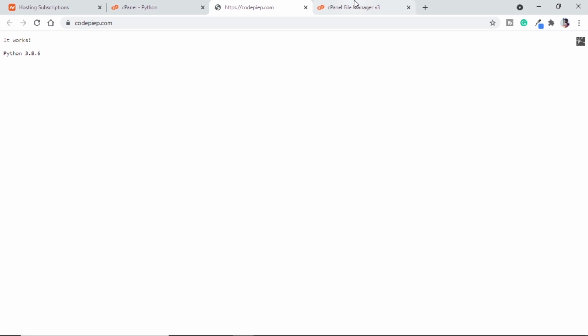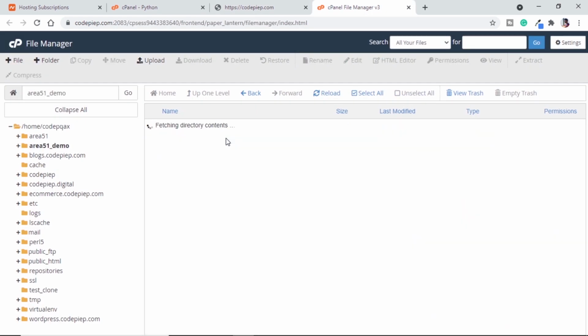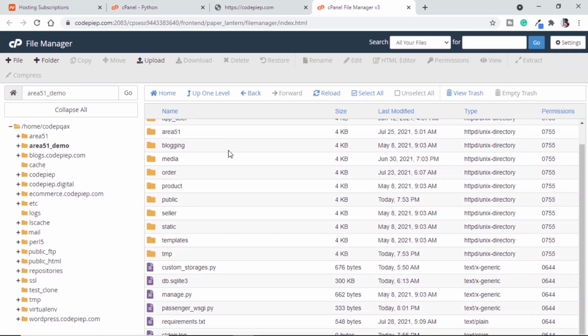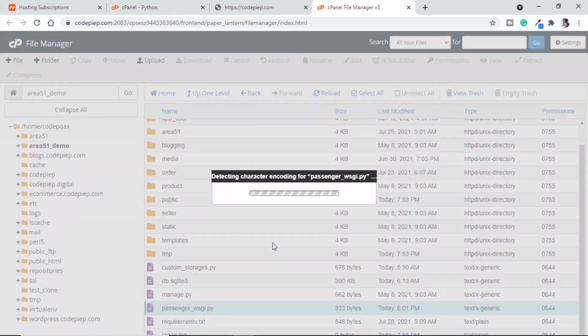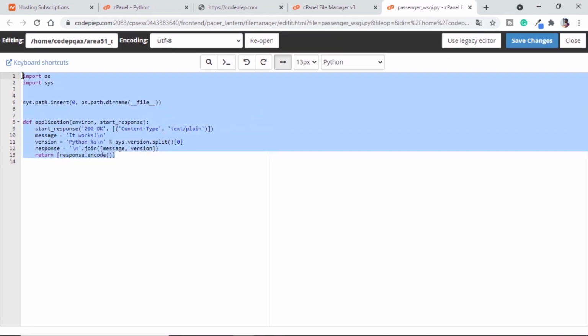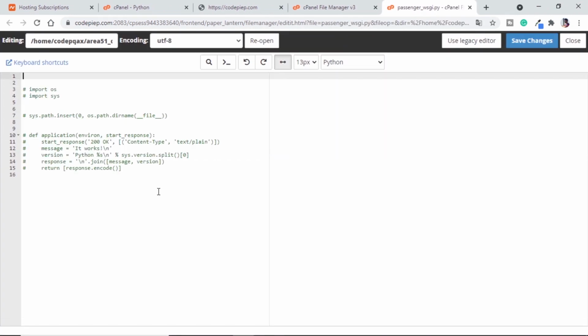Now let's go to file manager, go to the directory, and here we will find one file that is passenger_wsgi.py. We will need to edit this. So if I edit this, we can comment all of this code, and here we can write from area 51.wsgi import application.